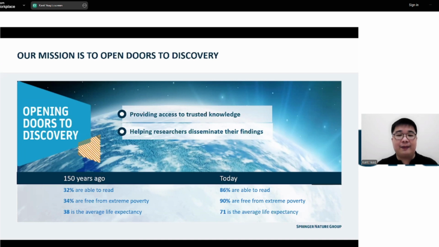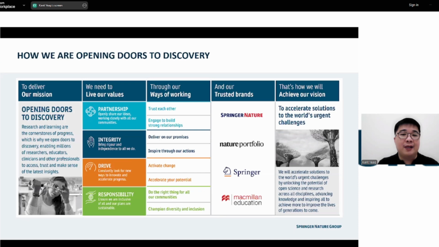And then secondly, as a result of doing those research, working on those challenges and problems, we then help you to disseminate your findings after you've done your research. And why we do this, basically, is to accelerate the solutions to the world's greatest challenges. So we obviously are living in a challenging and diverse and very fast-paced time in our world today. A lot of challenges to overcome. And as researchers, it's our job and our role to be able to disseminate that knowledge so that you guys can then find the solutions to those problems as soon as possible.